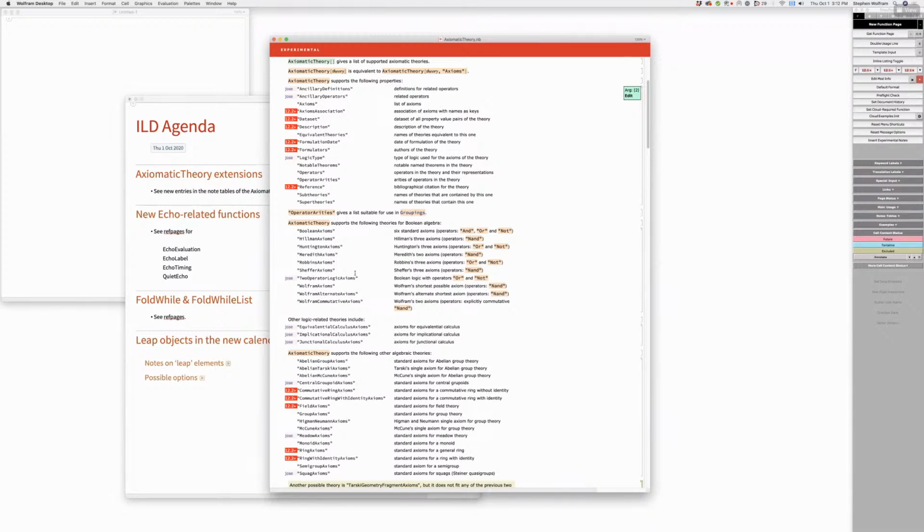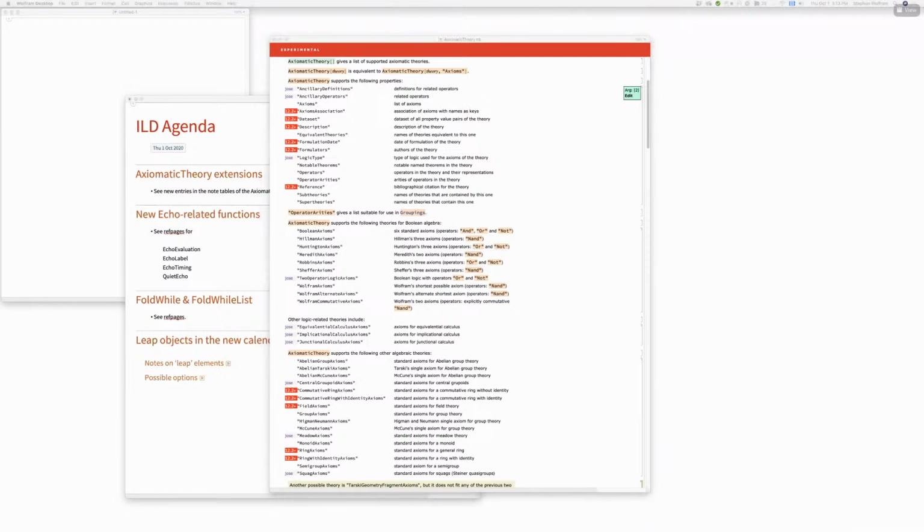So we have marked the ones that are new, and then there are a few on which Mano is still working, and I think we will be able to add them. What is that one? Two operator logic axioms. What was that one? It's from NKS. It's just a single axiom that uses only either and or and not. Did I say where I got it from? No, but I found a reference from a little bit before NKS was published.